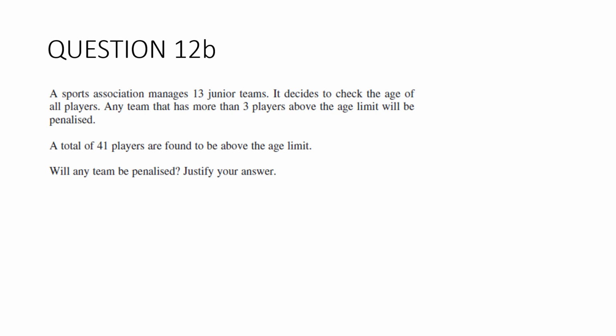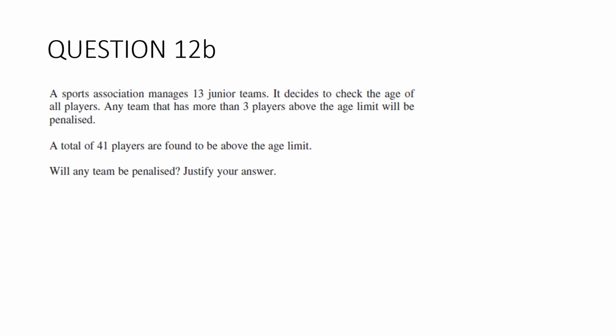Question 12b. A sports association manages 13 junior teams. It decides to check the age of all players. Any team that has more than 3 players above the age limit will be penalised. A total of 41 players are found to be above the age limit. Will any team be penalised? Justify your answer. Now, in your reading time, you should have a look at this question and try and figure out what mathematics is required. It's obviously a probability or combinatorics type question, but hopefully in your reading time you figure out that it's actually